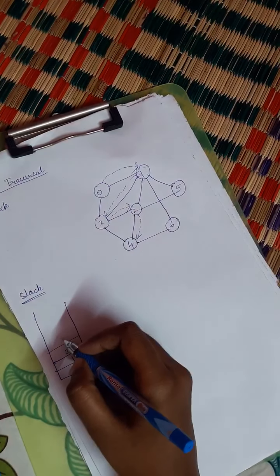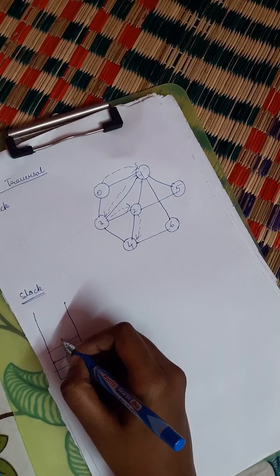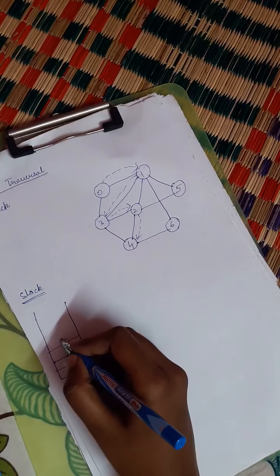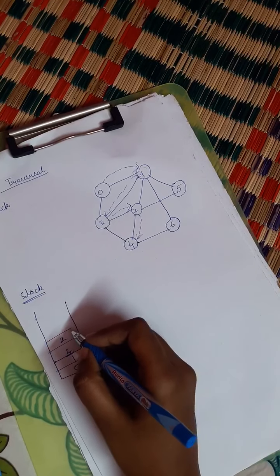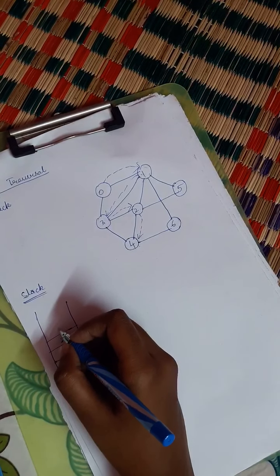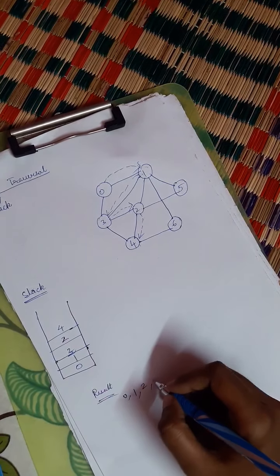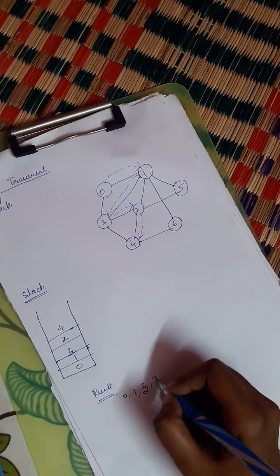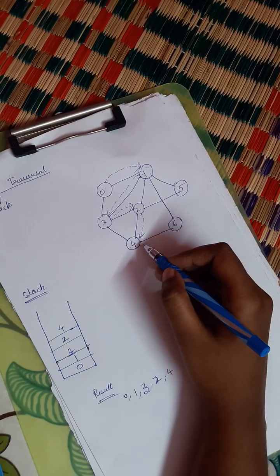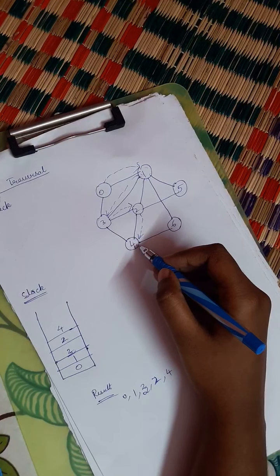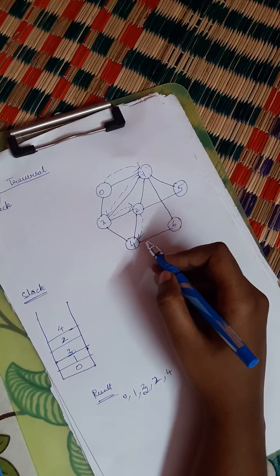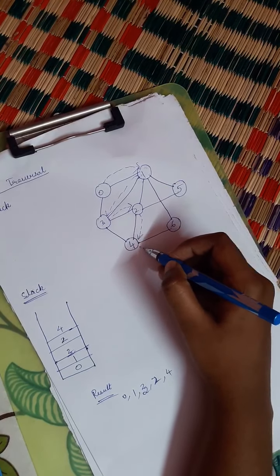I will write the value 4 inside this. Sorry, I traversed from 3, then 2. Then from 2 I am traversing to 4. So 4, 2, 3, 2, and next I am going to 4. Then from 4 I can take any route. From 4 I am taking 6. There are many routes, but I am taking 4 to 6.